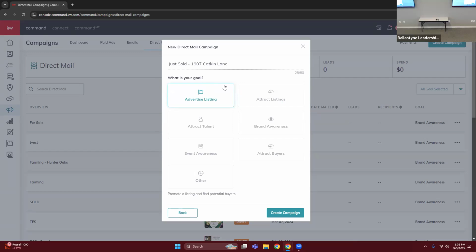You don't have to put that address. What is that one for again? This is just an example listing I found. No, you don't. That's just for your organization, so you'll know what it is, but you don't have to put the